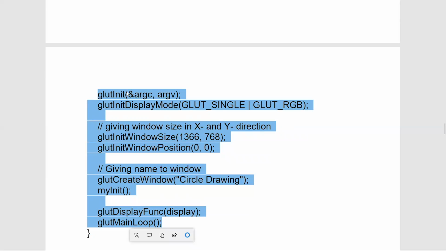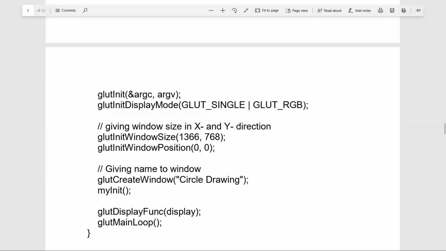Always we do glutInit. So what this glutInit is doing, it is initializing glut. We've understood what glut is. Glut is the OpenGL Utility Toolkit, a library of functions for interacting with any screen, for windowing any screen.